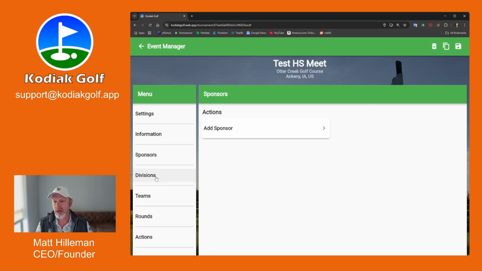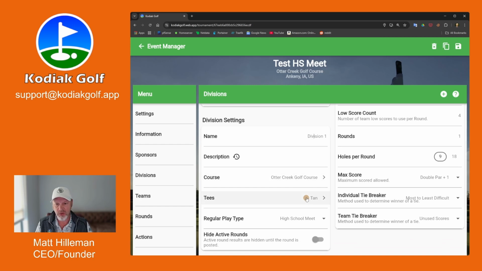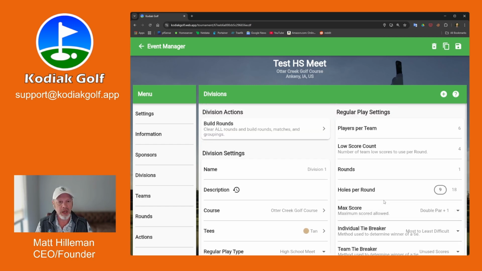Divisions. Every tournament starts with one division, has to have one division. But let's say you're going to play varsity and JV. Our suggestion right now is to have a varsity division and a JV division, have them separate. But you can change the name, give it a description, change the default course tees,